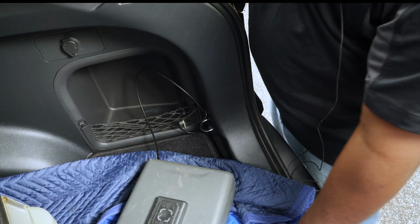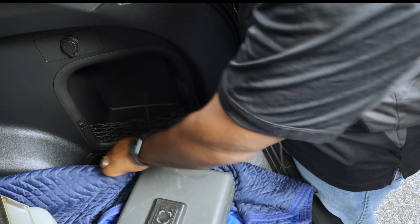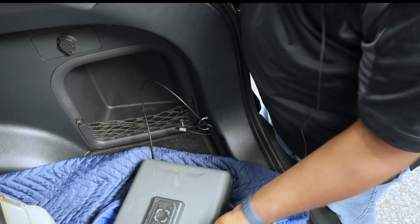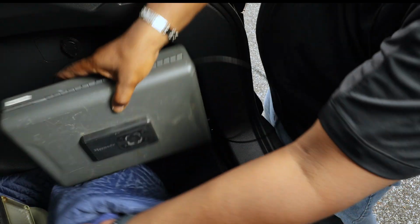And on top of that, just to protect the interior of the car, I have this cargo blanket that I put down. So what I then do after that is I'll take the safe and I'll place it underneath the blanket